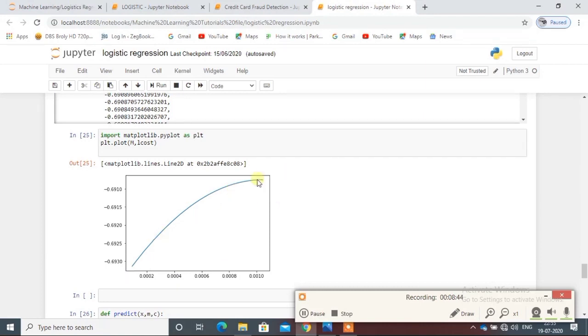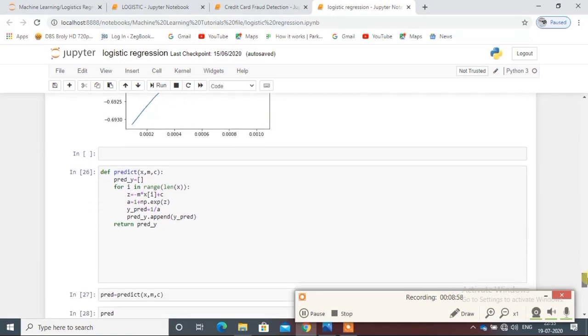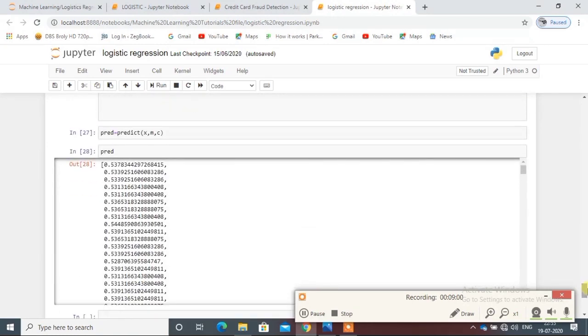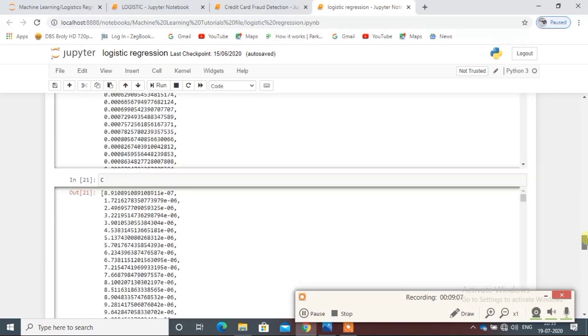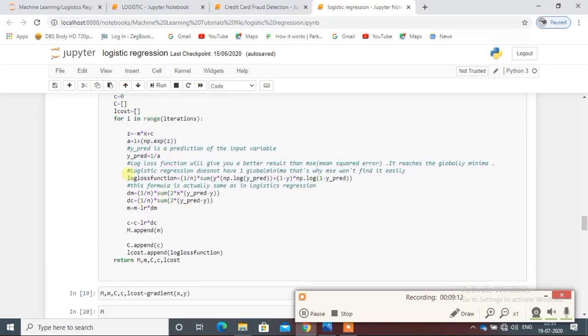Our value is decreasing. You can check here that our value is decreasing and moving downward. So this is our formula. We apply that formula and we got our prediction. That's not actually prediction, we have done a listing, but our way of doing this is a technique we use to understand the logistic function.